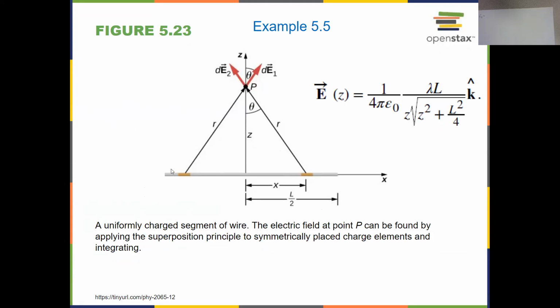But theta 1 and theta 2 are equal to each other, but then theta 2 will be the angle 180 minus theta 1. So this is theta 1 here, or if you imagine this is the end here, this angle and this angle are the same. So theta 2, being this one, will be 180 minus that one. So cosine of theta 2 will be the negative of cosine of theta 1. So at the end, you have 2 times cosine theta 1, which you can just check on